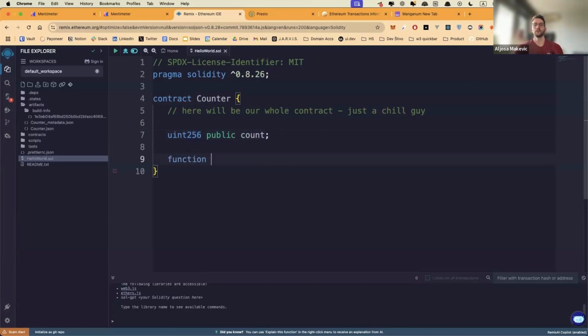And we can write our first function. We can call it get, open the brackets. And then we have to put in all the details like we put for the variable. So we want this to be a public function, so it can be called from anywhere within the contract or externally. Now I'm going to do something called returns, because I'm going to define exactly what type of value this function will be returning. And it's going to be uint256 as well.